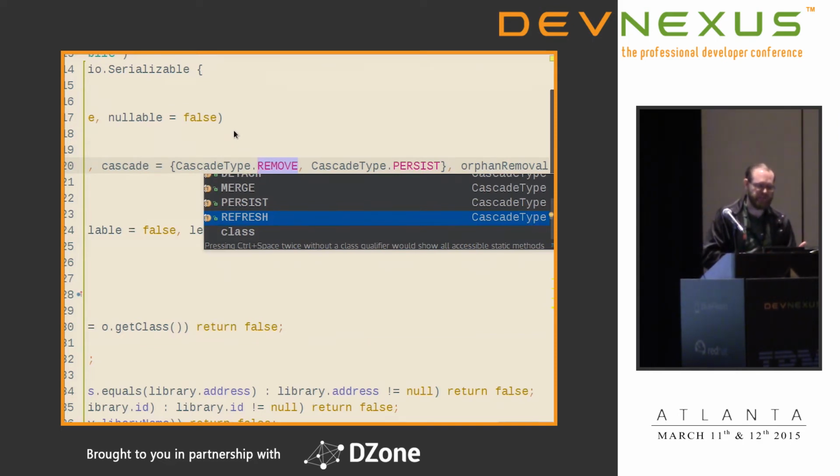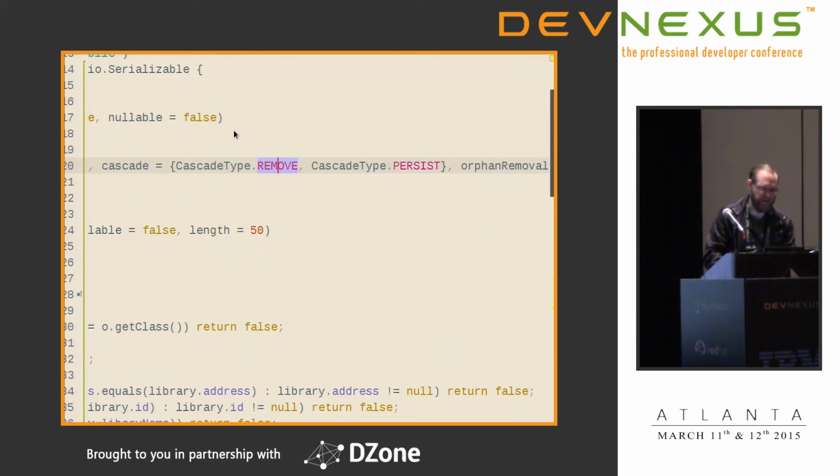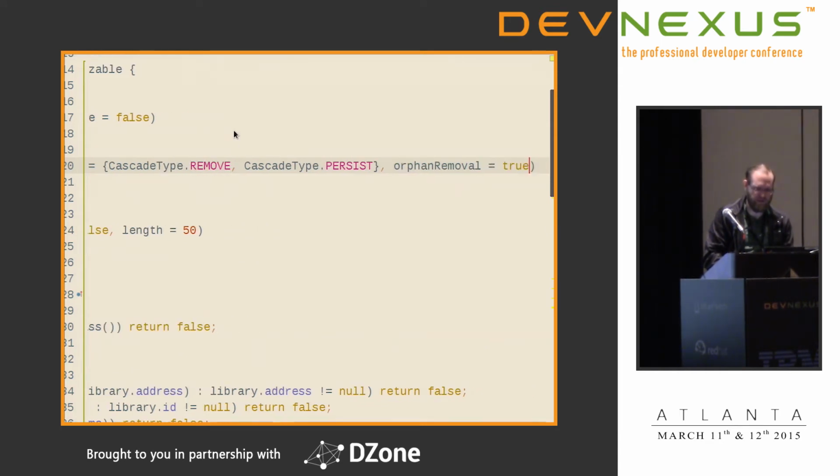For this one, I am saying that when I persist a new library, go ahead and persist the address as well, and when I remove it, so when I delete it from the database, go ahead and delete that address as well. And then the other one, which I'm pretty sure is the next slide, yes, is